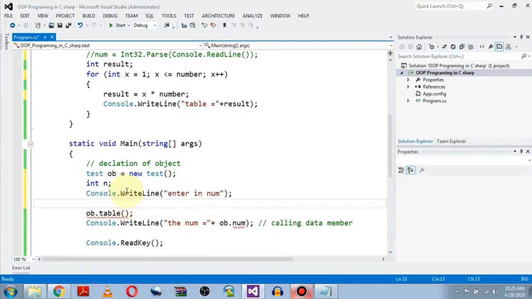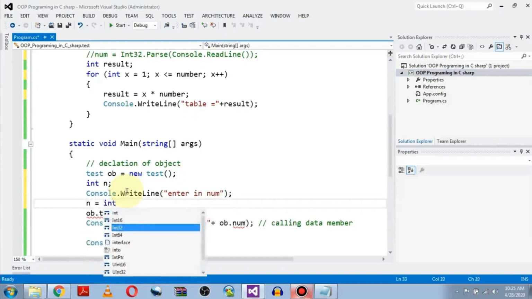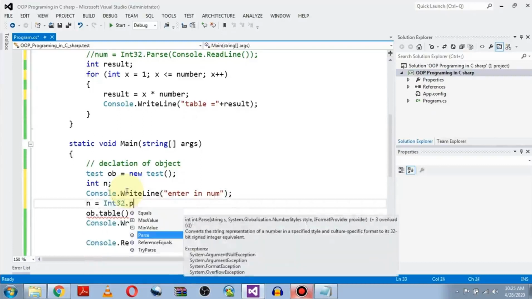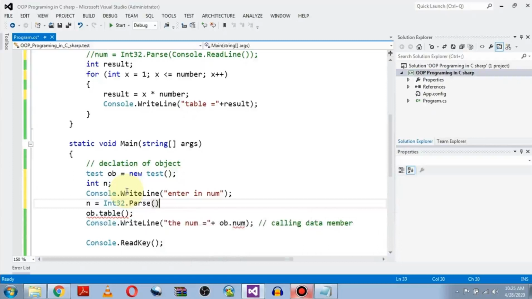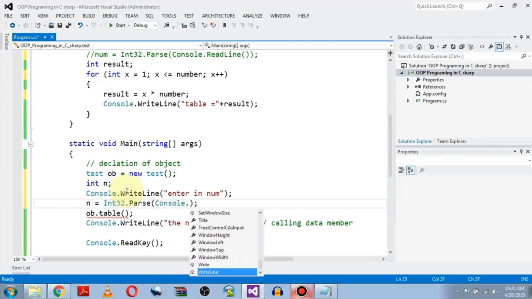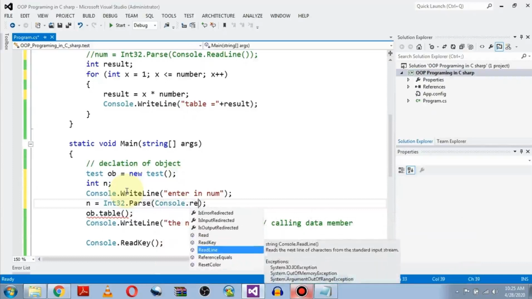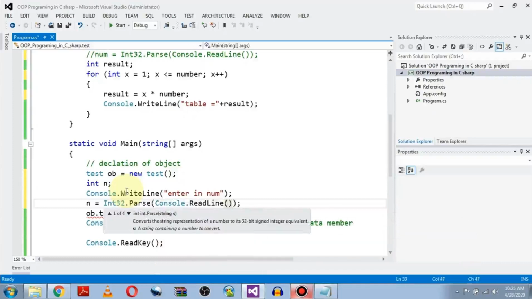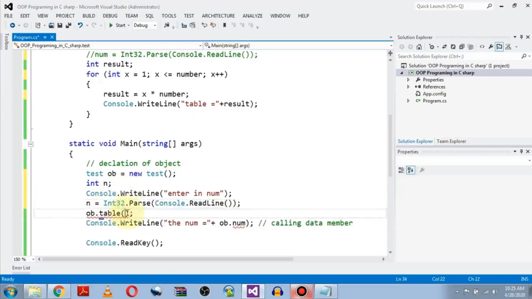After this we will be receiving integer 32 or 16 or 64, then the parse function, and within the parse function as the argument receive the value as a string. Then n will be passed as an argument.